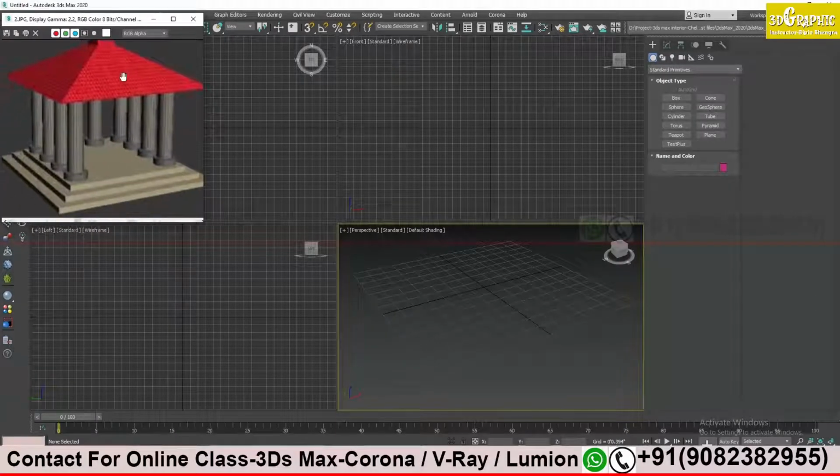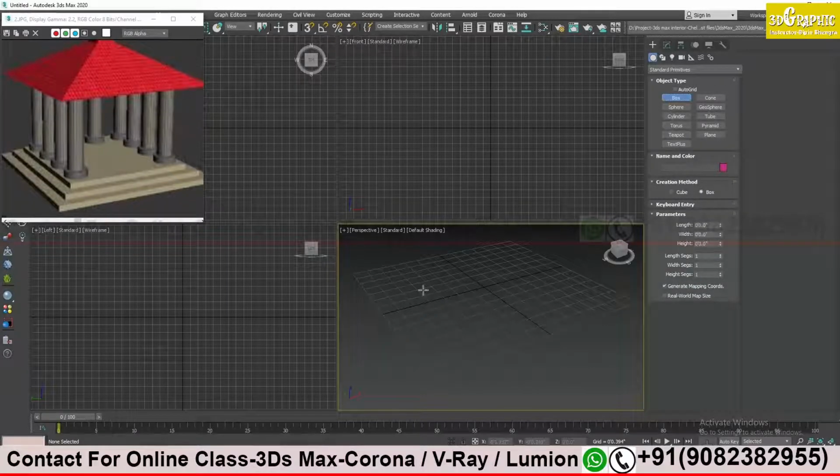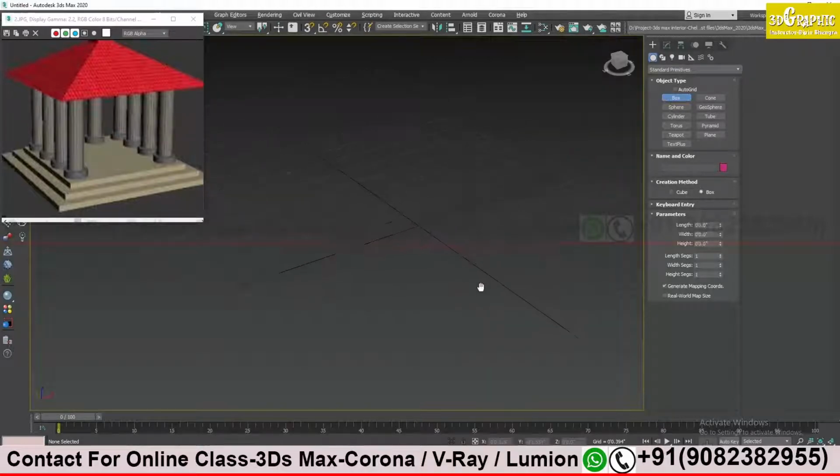Okay, now I will start the modeling process. I will start with the base of my model. So here I can see I have this rectangular base, so it's easy for me. I will select Box. Toward my right side I have some basic shapes, so I will select Box. So I will enlarge my perspective view. Okay, I will work in the perspective view, and to enlarge it I will press Alt plus W. Okay, now my perspective view is enlarged. Here I will do all the modeling.